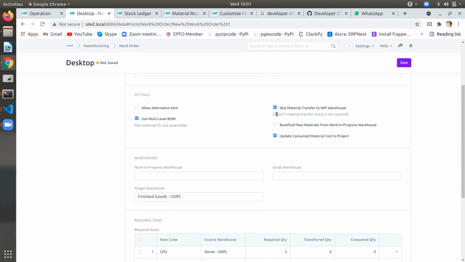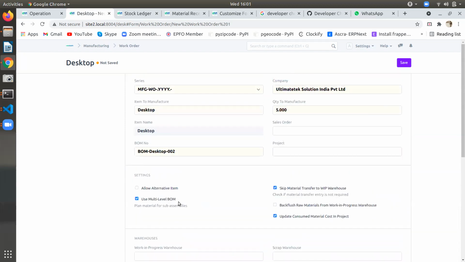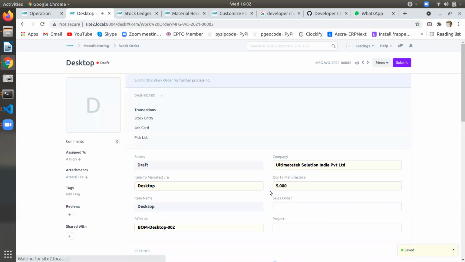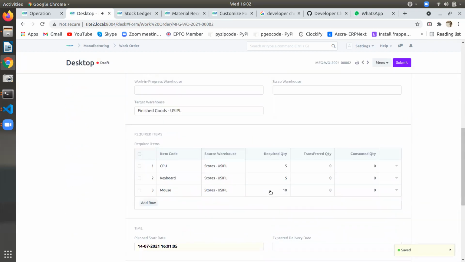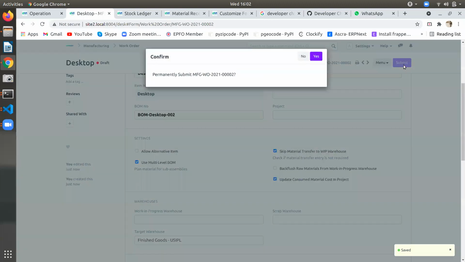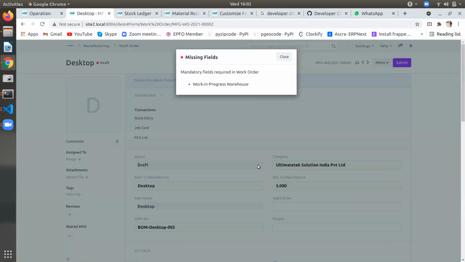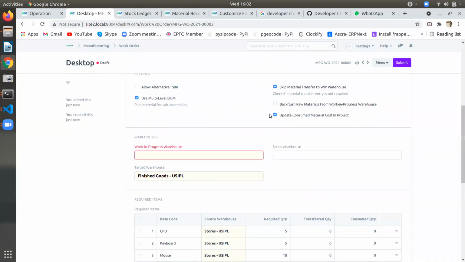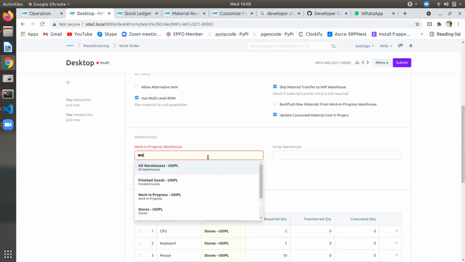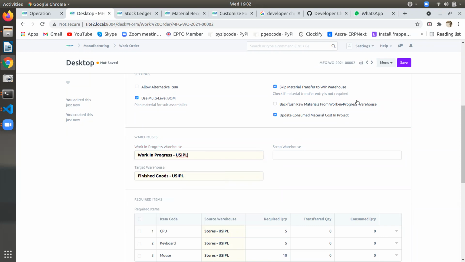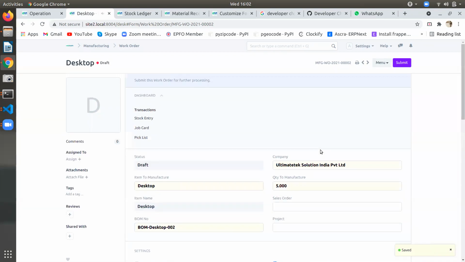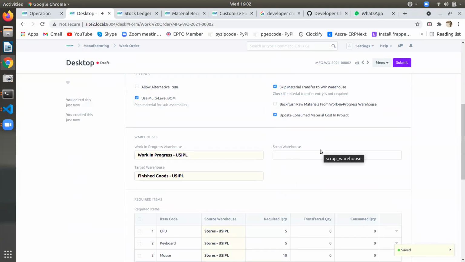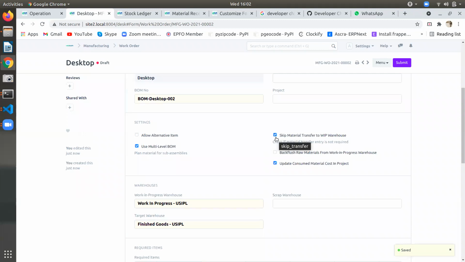Yeah, we'll try. I have enabled that. I'm going to create a work order with the same option. So going to submit this work order. Work in progress warehouse is mandatory for the work order. Okay, submitted.